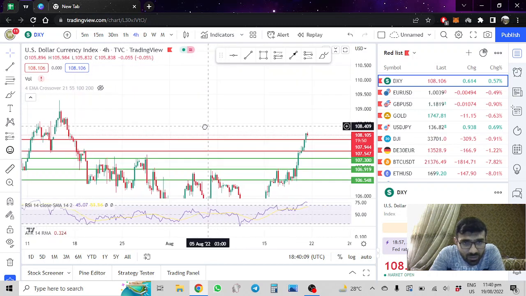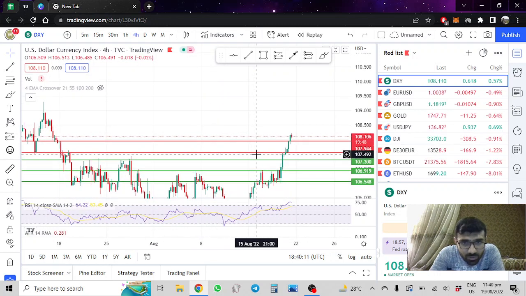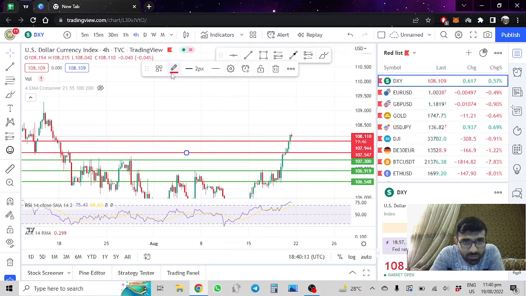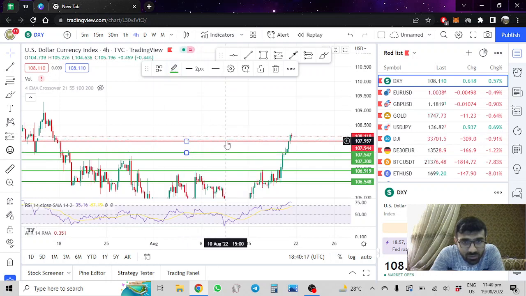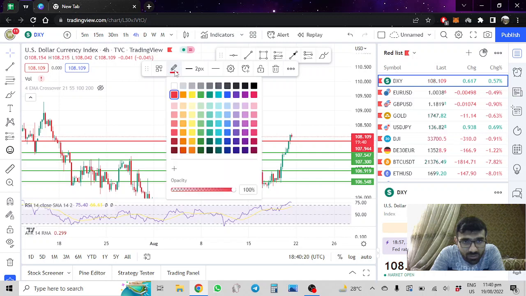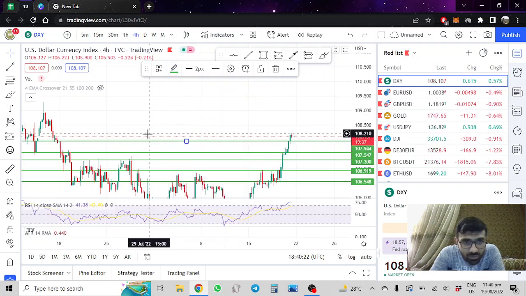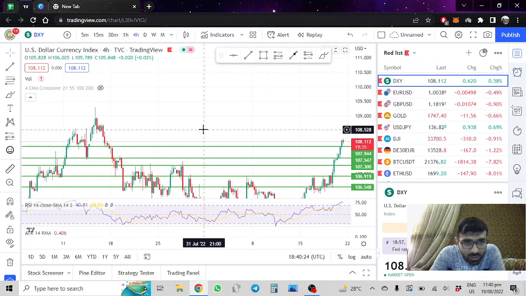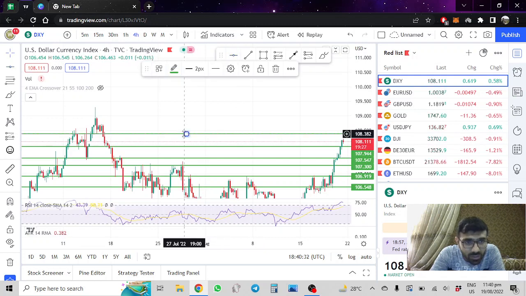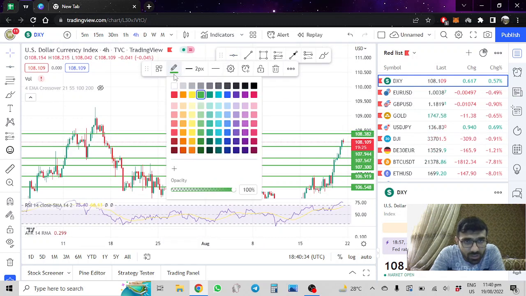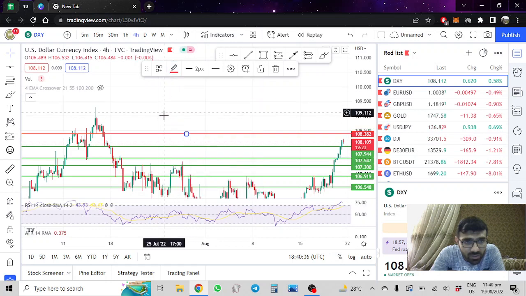So for the scenarios that I'm going to put, first of all, let me make these lines green, because these are not resistances anymore. Now these are going to act as supports. So I'm going to mark a new area of resistance for you guys, so you can have an idea of what might happen next. So this would be one area of resistance for us, and the next area of resistance would be